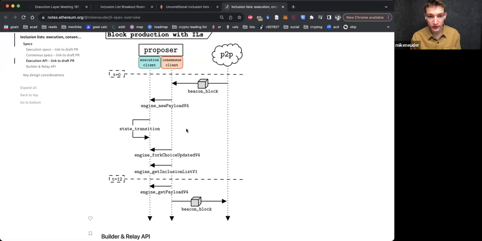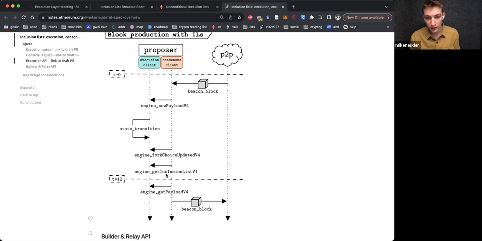And basically now the building process starts for the proposer. The consensus client sends this fork choice updated call to the execution layer client. This includes the payload attributes, and there's some way that it triggers the execution client to start building.